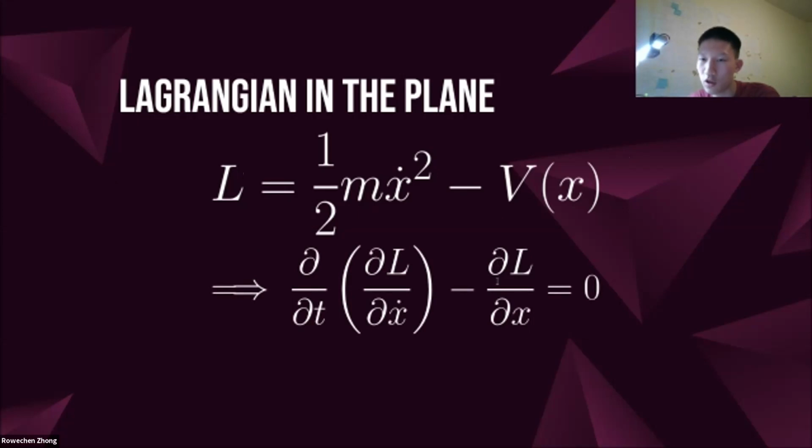The partial of the Lagrangian with respect to x is what? This part has the x dot, completely unrelated to x. This part is the potential energy of x. And the derivative of the potential energy with respect to x is the negative force. So the negative derivative of the potential energy with respect to x is the force.